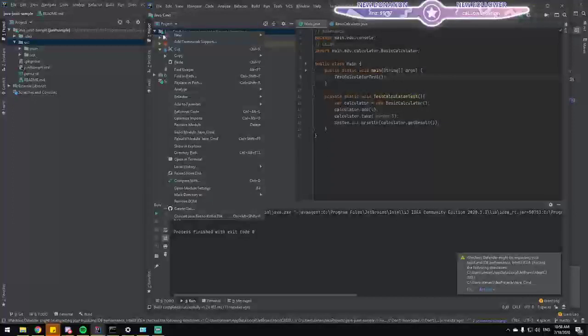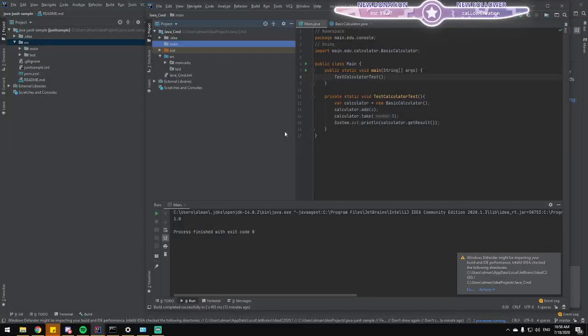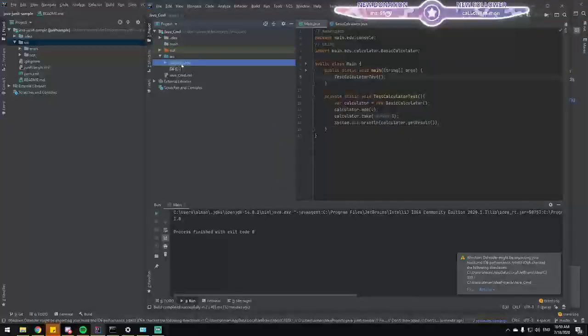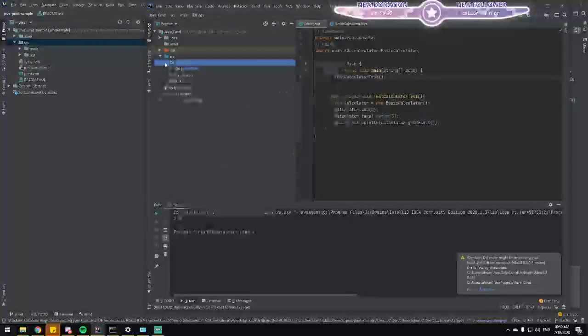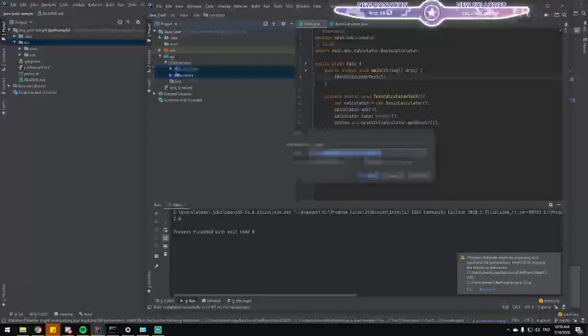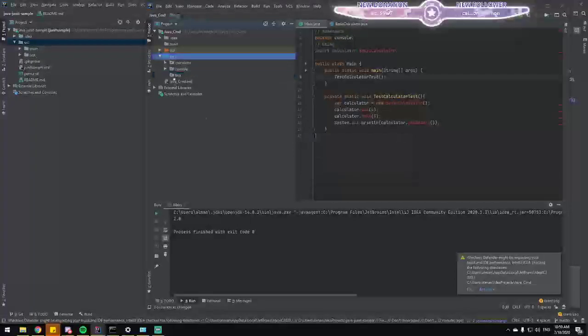Why can't I create a folder from an existing folder, only from a root project? That's weird. Main. I assume I will be able to at least move it. I should rename this first. It should go under source. Yes, please. And delete. Yes, please.